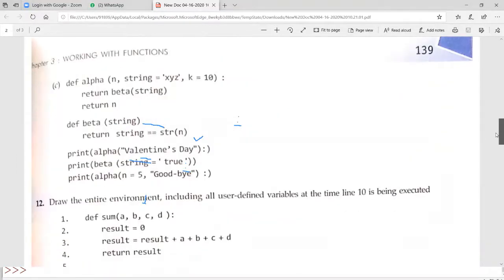Question number C. Okay, this is also about errors, right? So finding the errors from this. Now in this question, you try to solve.